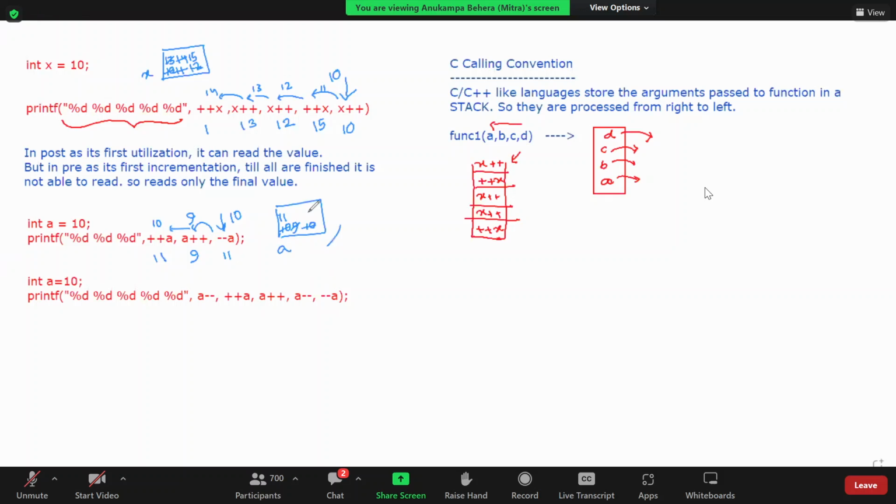ये देखो, दिस इज द वेरिएबल ए, वैल्यू क्या है 10, माइनस माइनस ए मेक्स इट हाउ मच 9। तो इस तरफ जब जाता है तो 9 लेकर जाता है पोस्ट, तो ये क्या प्रिंट करेगा 9, वैल्यू क्या बनाएगा 8। इस तरफ जाता है 8 पोस्ट है तो 8, वैल्यू क्या बनाएगा 9, प्री है 9 को क्या बनाएगा 10। ओके, फिर इस तरफ चला जाएगा 10 को a माइनस माइनस, so it will read how much, it will read 10, then made the value how much, made the value 9, समझे, made the value 9। तो ये जो प्लस प्लस है इसमें फाइनल वैल्यू आएगा कितना है 9, so this is 9, this is 9।